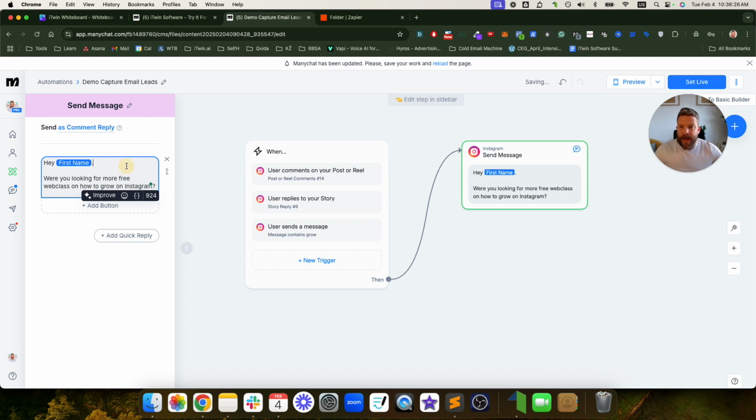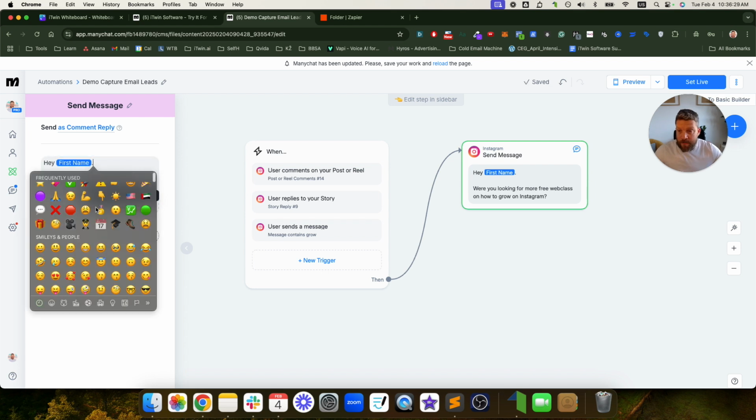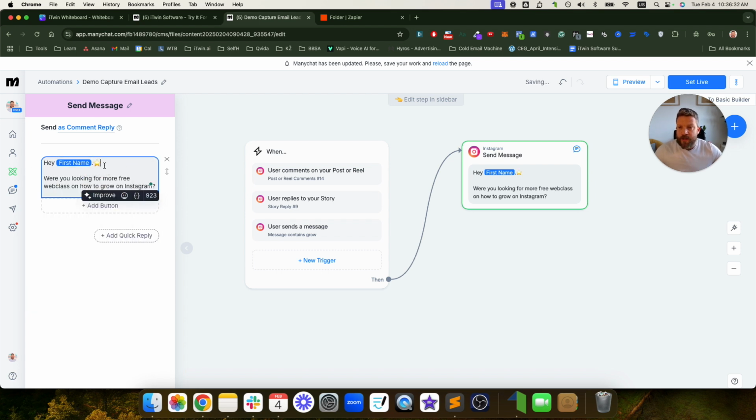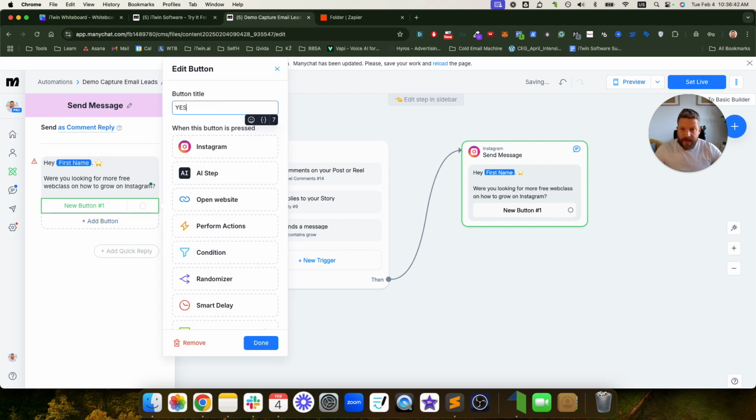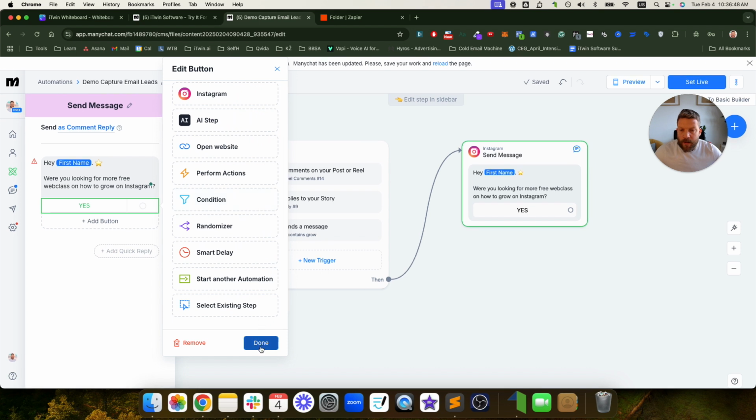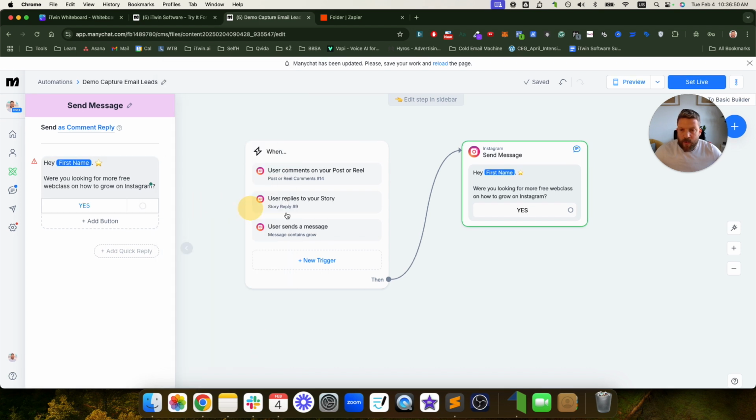And then you can add emojis. I'll skip that. In fact, I will not, because it's important. You always want to use emojis that radiate positivity, good vibes, good energy. And then here we add a button, and this button will say yes. And from here onwards we go done, and this yes will then link to